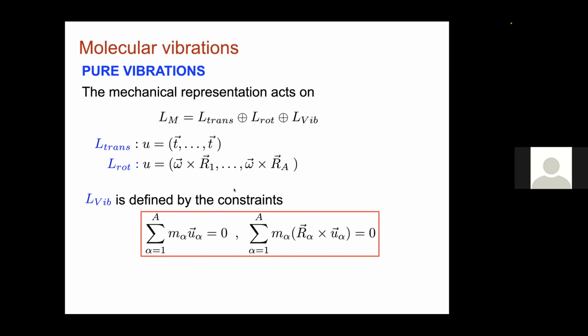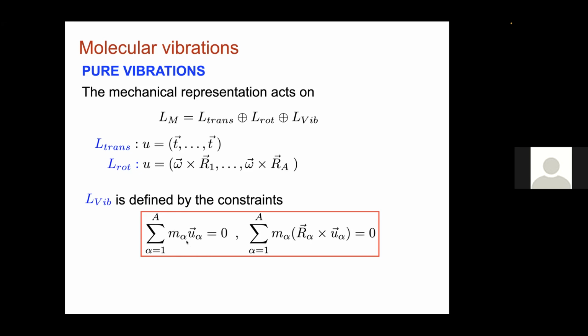It's a space which is given by constraints. So it's a really complicated space. You see, the constraints are these. This means that a pure vibration doesn't move the center of mass, okay? Remember, this gives you the center of mass. Under a pure vibration, the center of mass doesn't change because this gives you the position of the center of mass. Well, you have to divide by the total mass, but this means that a pure vibration does not displace